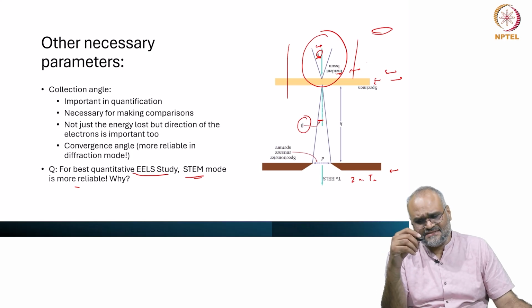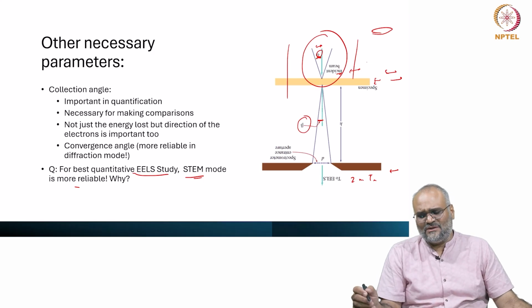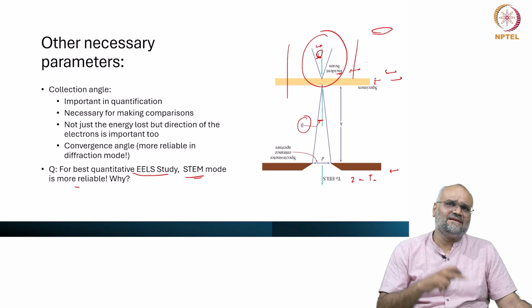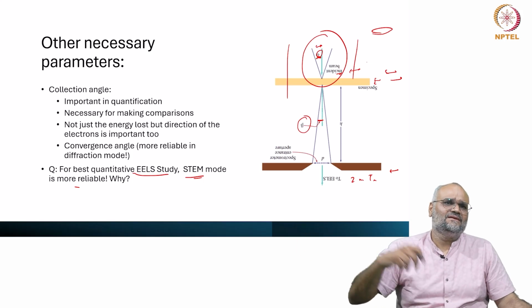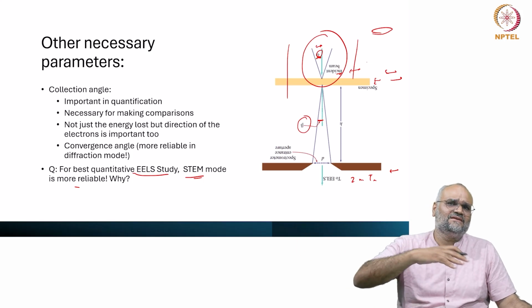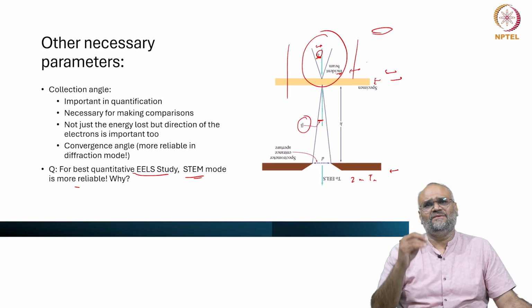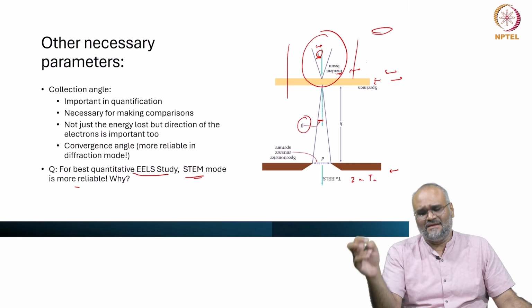But if I pay attention to the brightness, the current densities, the convergence angles and the illumination conditions consistently with different specimens and different regions of the specimen, then I can be sure that even in conventional TEM, I can do